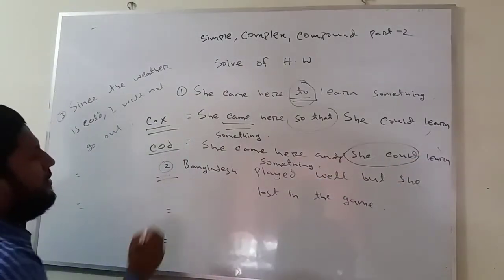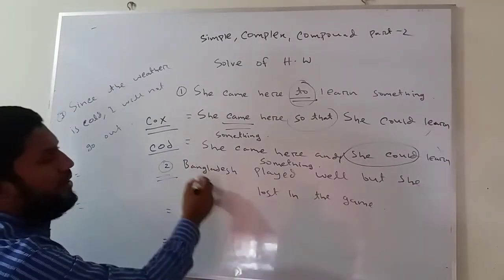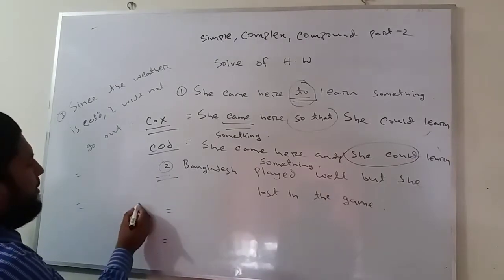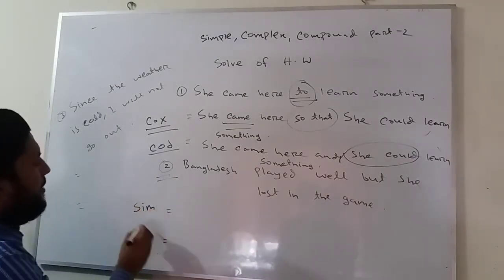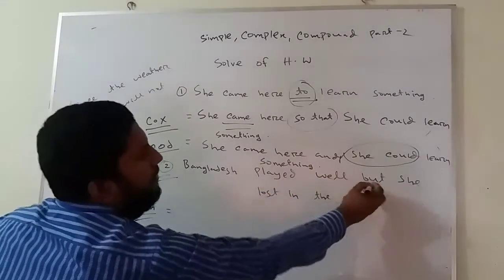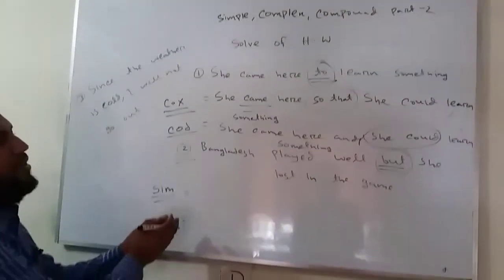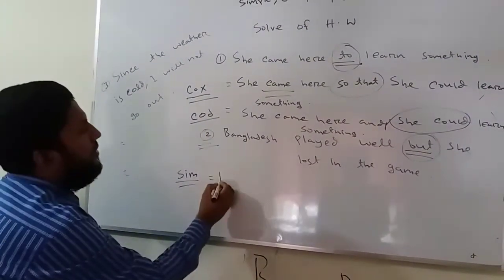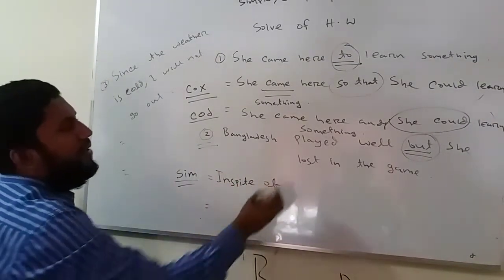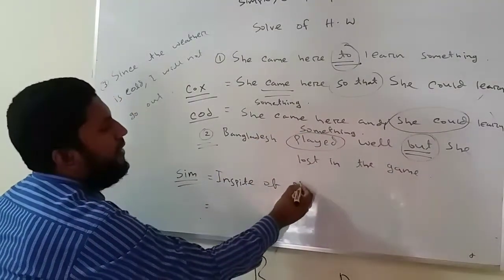Now the second sentence. Bangladesh played well, but she lost in the game. This is in the form of a compound sentence. Now we will have to convert it into complex and simple. Firstly, we will do simple. The short form of simple is SIM, S-I-M. So here notice "but." If "but," then we will have to use "in spite of." So put first "in spite of." In spite of, then use the ing format of play. In spite of playing